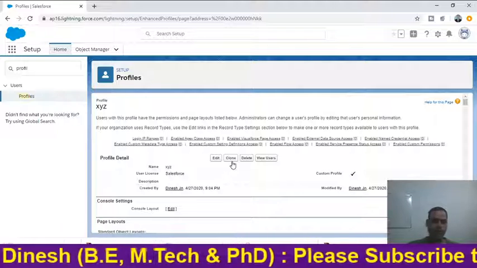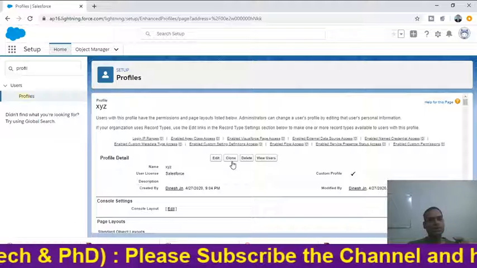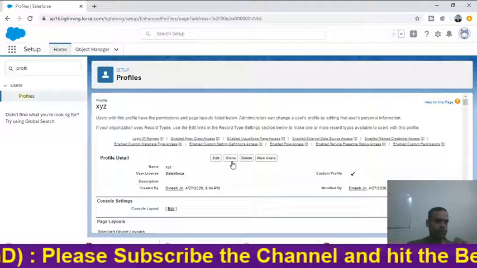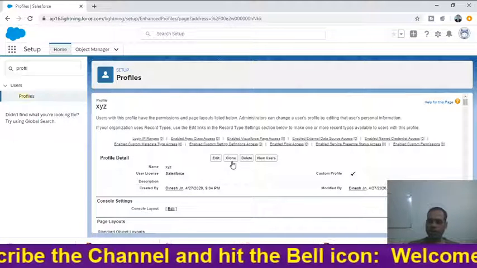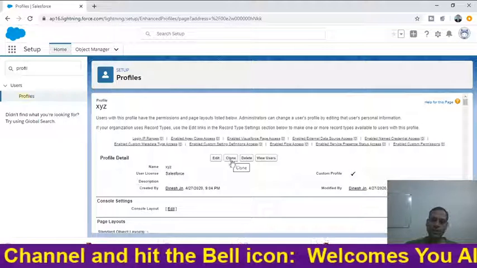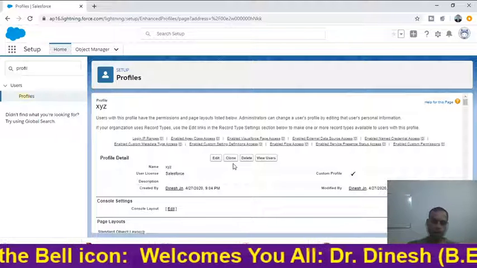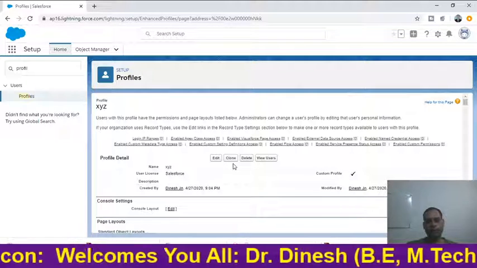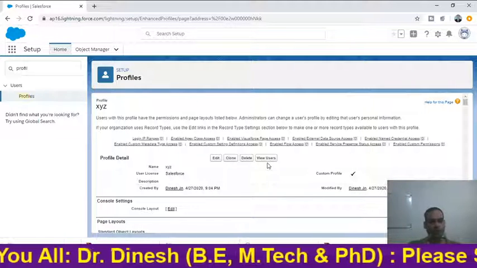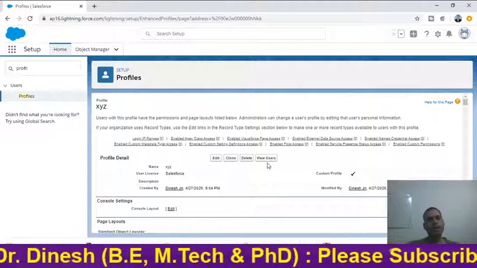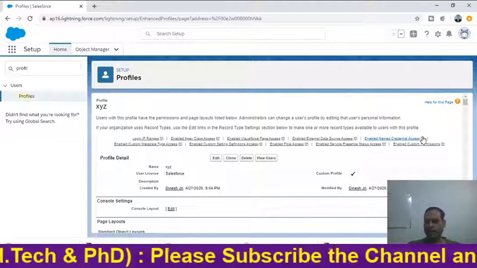Clone is nothing but a kind of copy of the features of an existing profile. For example, there are so many profiles available in Salesforce, such as the standard profile and system administrator, and lots more. Here we will discuss the system administrator profile and standard user. If we want to fetch all the features of the standard user, we just click on clone, and it will automatically make a copy of all features in the custom profile. If we want to delete, we can do it. And if we want to assign this profile to a particular user, we can easily do that. We will see it later.